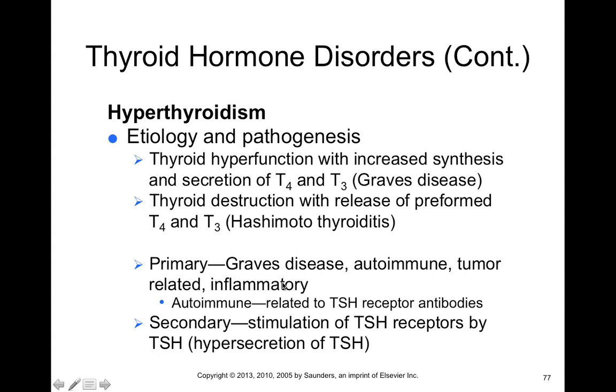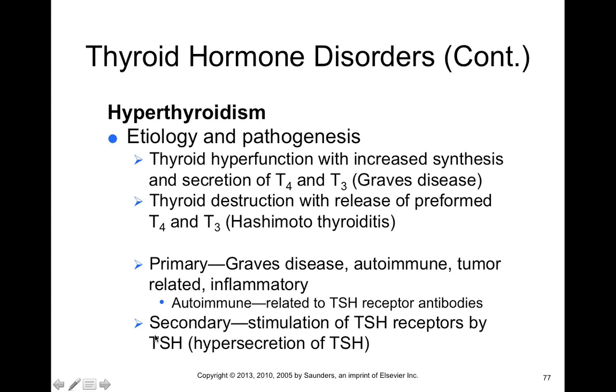Now, if it's a primary disorder, you guys, we talk about Graves' disease. Graves' disease is an autoimmune disease. It's kind of weird, you guys, but it's an autoimmune disease where B cells make antibodies against TSH receptors. Remember, TSH receptors you find on the thyroid. They're going to respond to TSH. But what if I told you all that these antibodies bind to TSH receptors and activate those receptors so that these antibodies simulate TSH? And so it's not even TSH itself. You're just talking about antibodies that actually activate TSH receptors, which is causing an excessive release of thyroid hormone,